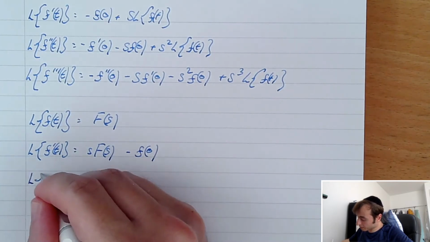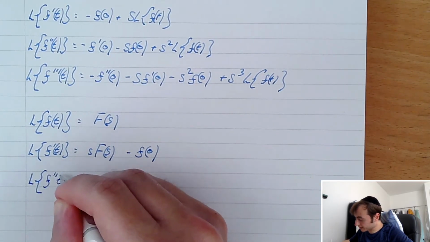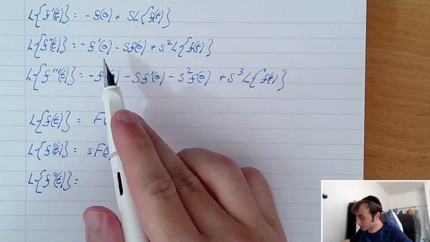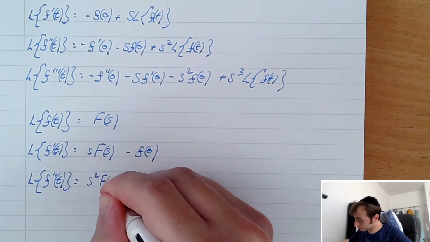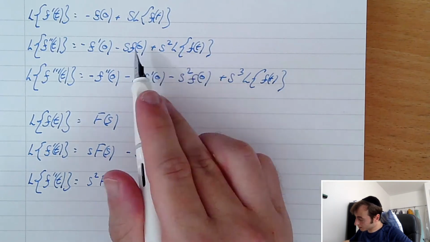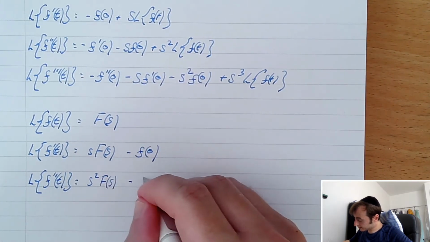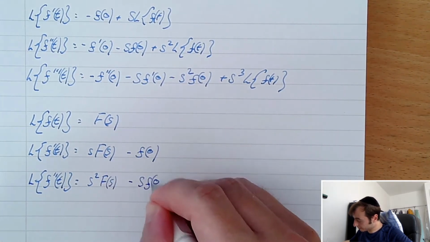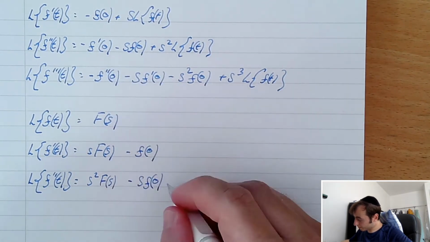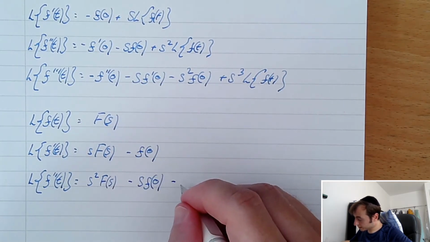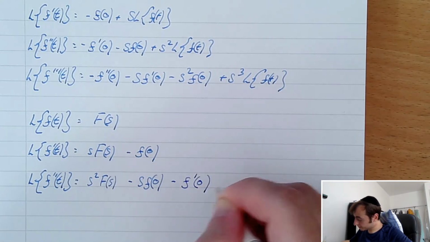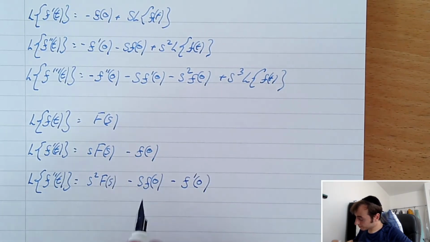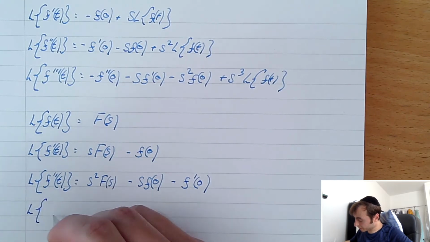And then we can say that the Laplace transform of f double prime t, this one over here, is s squared F of s minus s f naught minus f prime naught. Yep. Now let's do the same for the third derivative, the Laplace transform of f triple prime